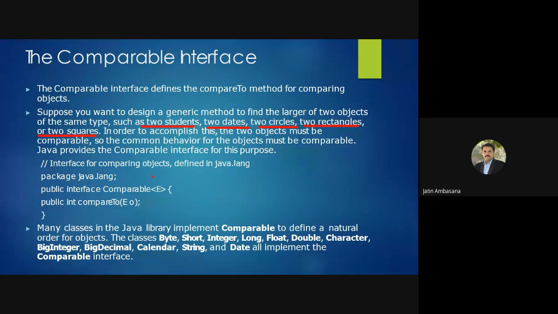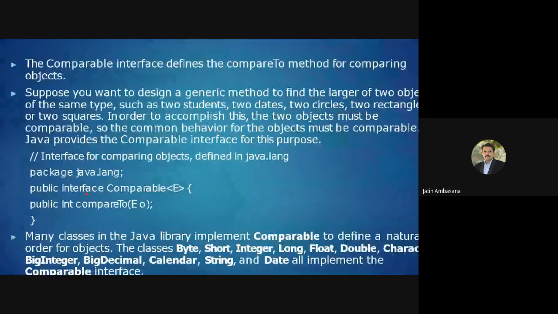Suppose you want to design a generic method like this, which would compare two objects. In order to accomplish this, the two objects must be comparable. That is, both of them should be of the same type, and there should be some common behavior for the objects that must be comparable. So this is how we implement the Comparable interface.